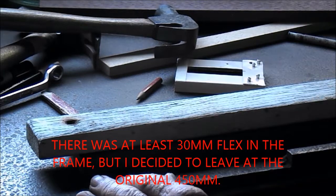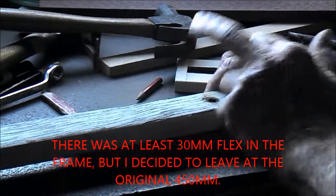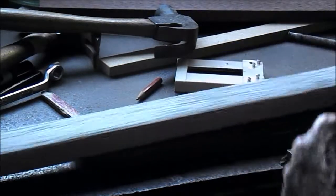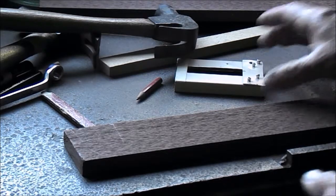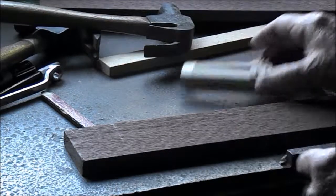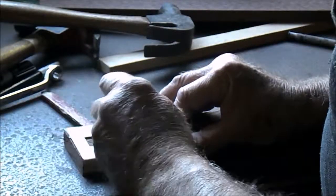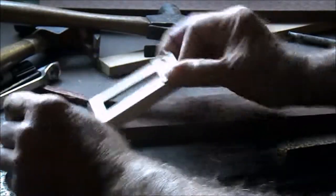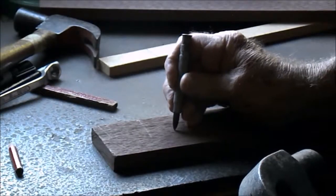The distance between the holes on the original slats is 450 millimeters. So I decided to maintain that distance, and in order to make it easy to mark the holes, I just made up a little marker here, out of pieces of scrap aluminium with a bit of masking tape, and from the end here to this little groove here is 75 millimeters. And just simply mark it, centre punch,